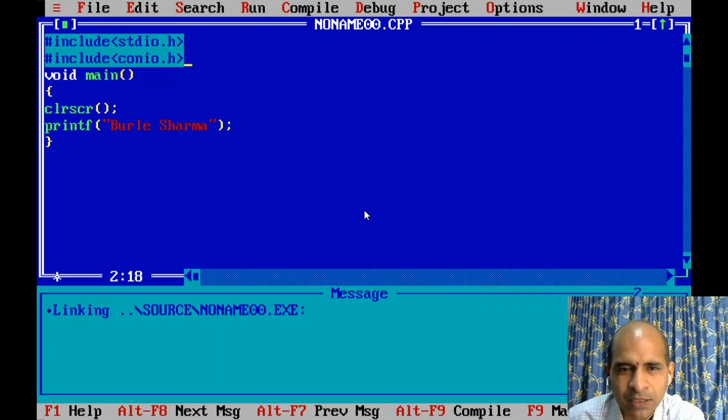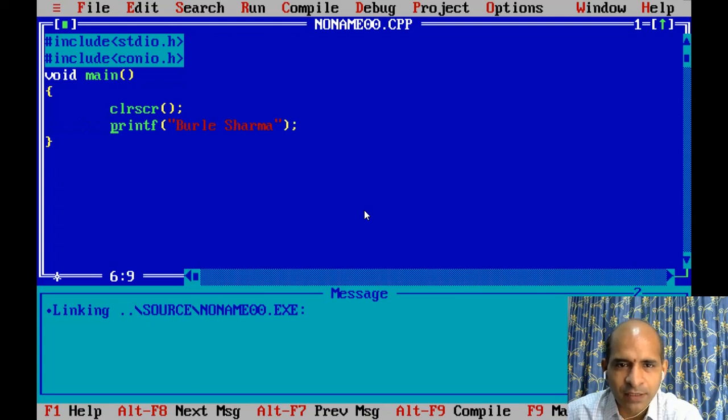So you can combine as many lines as you like within a program. But it is not a good sign to write the program in this way. So for that, it is always a better process to provide a gap between your opening curly bracket and closing curly bracket. So that's why, for clrscr, if you want to write it, just provide a tab. And the process of writing the program this way is known as indentation.